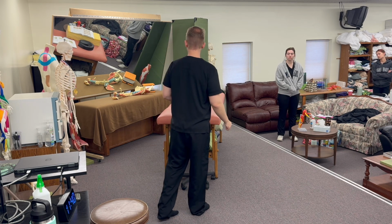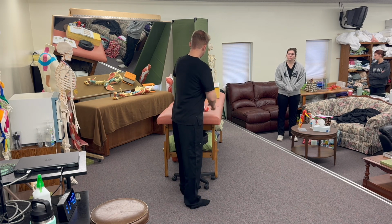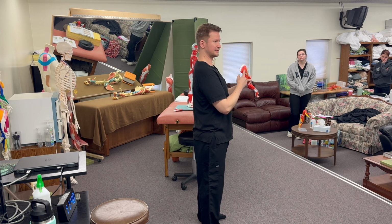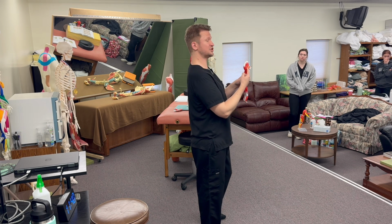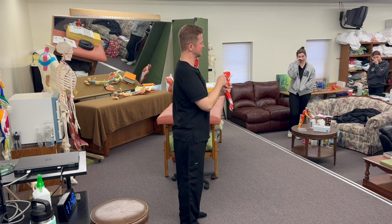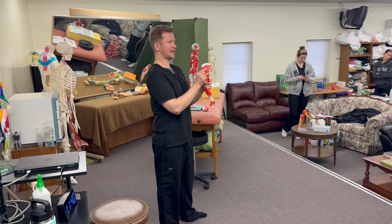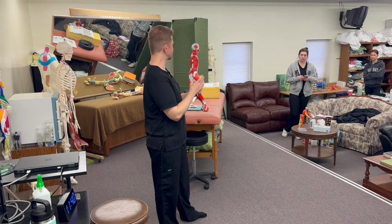The internal rotators though, I did not grab my rotator cuff, but that's okay. The internal rotator, the main one, is underneath the scapula. So rather than initially showing you how to go after that, which is a journey, if I ever want to be cruel just to be cruel, it's doing a subscapularis release, right? But we don't necessarily need to go there. We need to make sure we get the scapula mobile so that this ends up being freed up with it. Usually this gets stuck to stuff